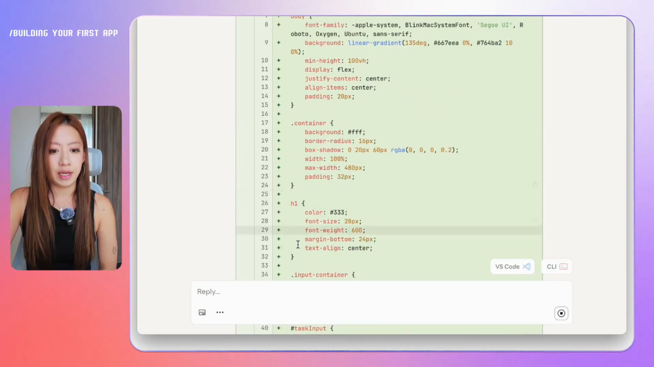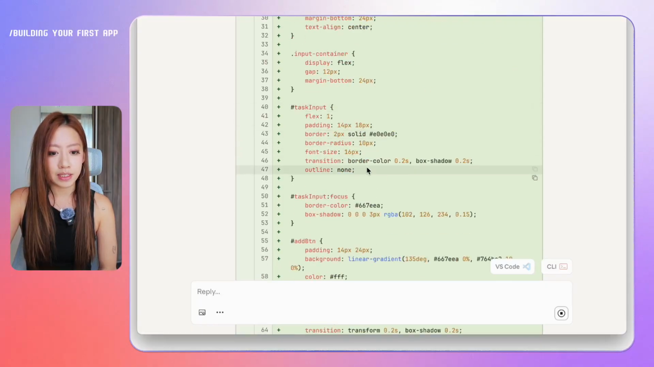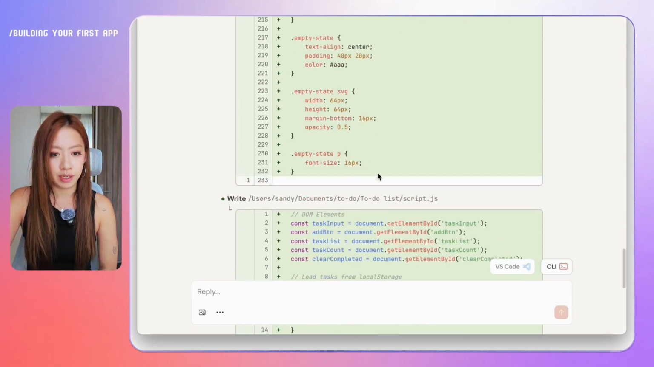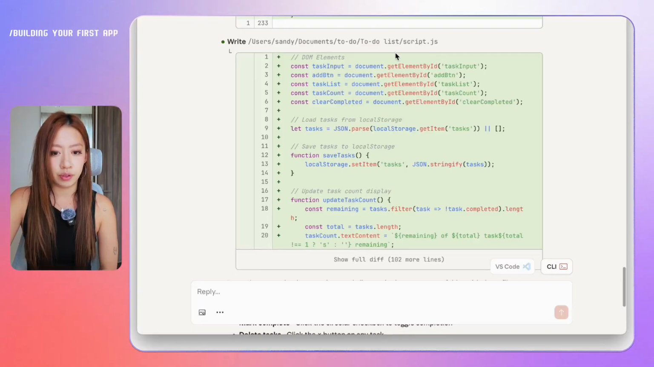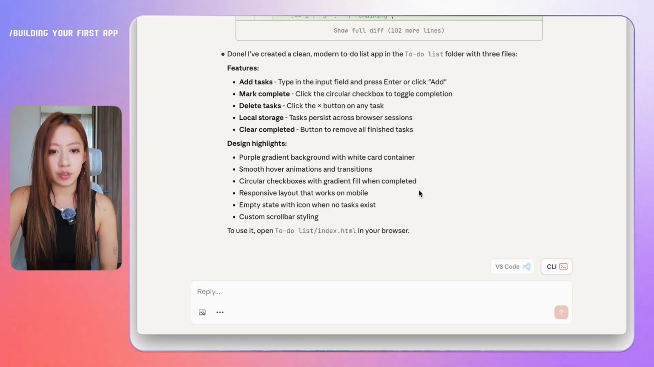So it's setting up an H1, a container, the body, task input, and whatnot. So it's very cool that it's doing it so quickly. And then it's also creating a script, JavaScript, which is within the to-do list folder as mentioned. So now the AI took just a couple of seconds to build this clean, modern to-do list app in my